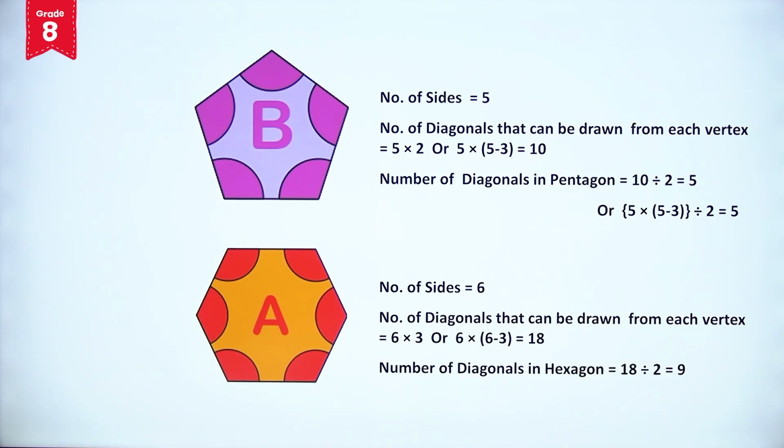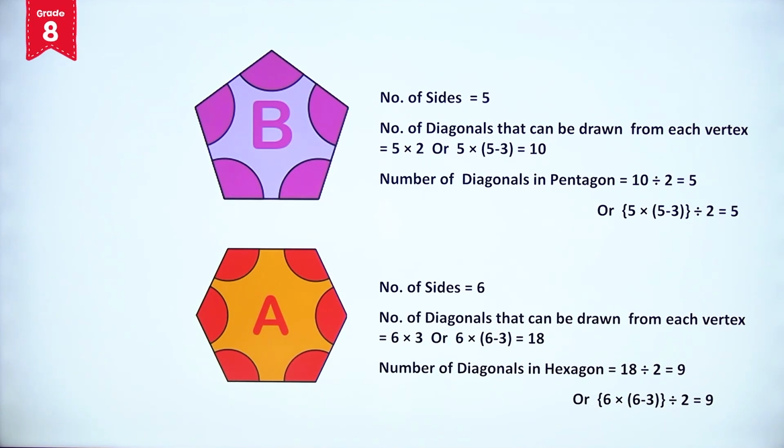So, the number of diagonals in a hexagon is 18 divided by 2, that is equal to 9. As each diagonal is being counted twice, therefore we divide the count by 2. We can also write it as 6 multiplied by (6 minus 3) whole divided by 2,